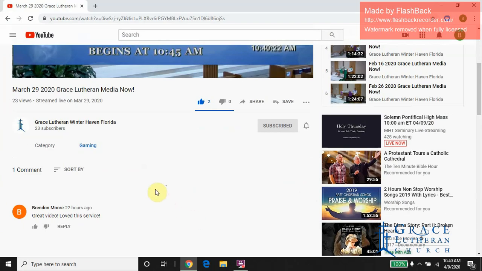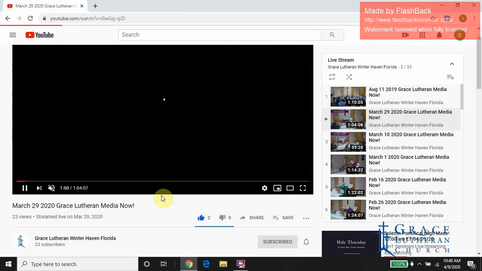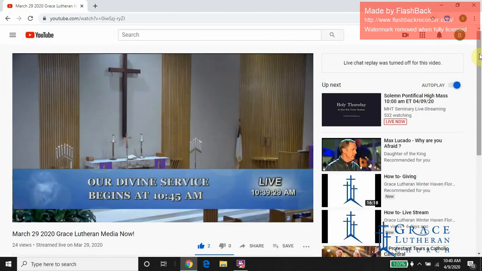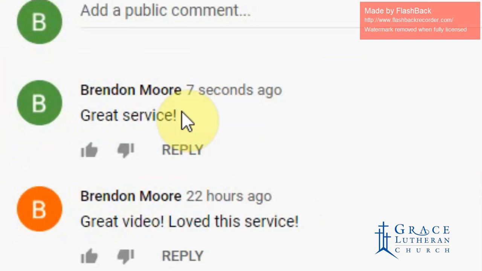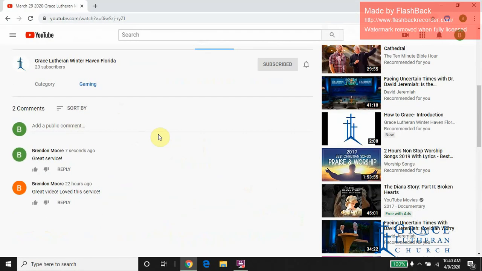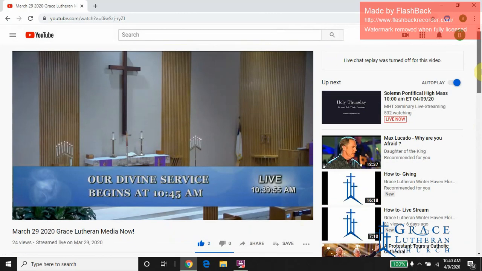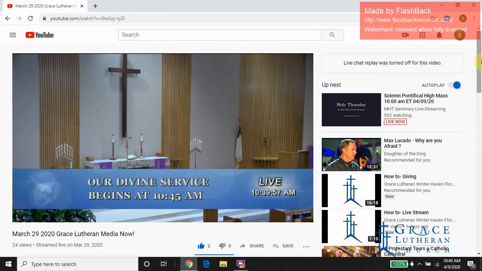And this wheel tells me that it's working on it and thinking about it. And the page seemed to refresh, so I'm going to go back down here, and here's my comment. Great service. So my comment's right there, and so people can reply to my comment directly and start a conversation with me. People can like or dislike my comment, or they can post their own comment up above here. So those are some great tools that YouTube offers, and some great things that we can be doing while we're